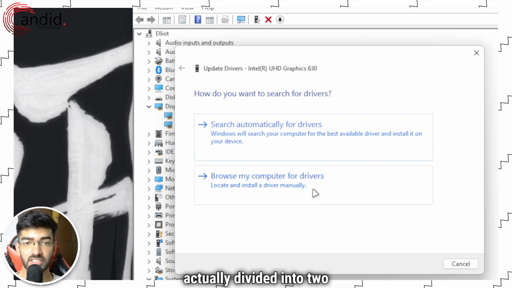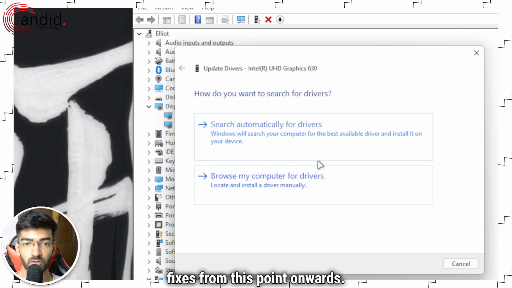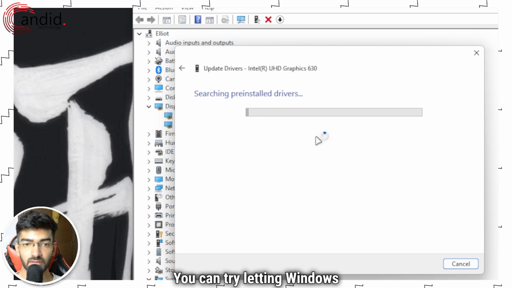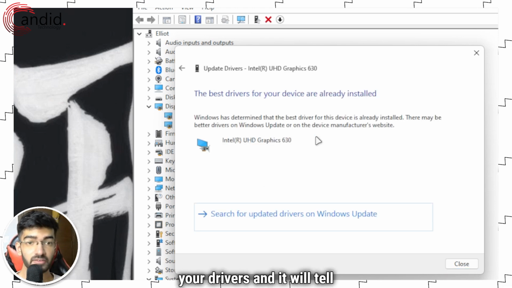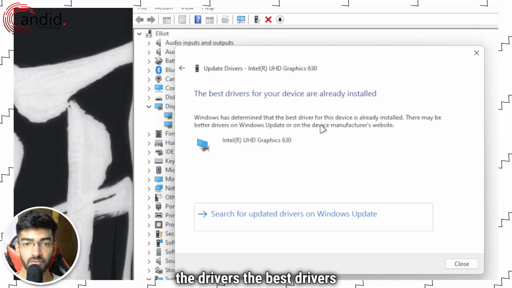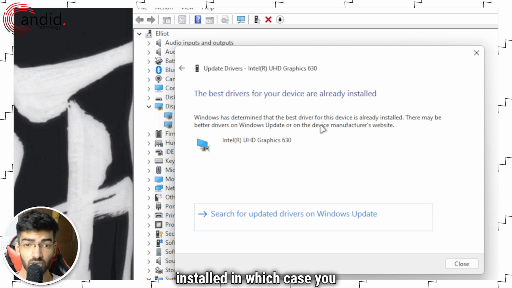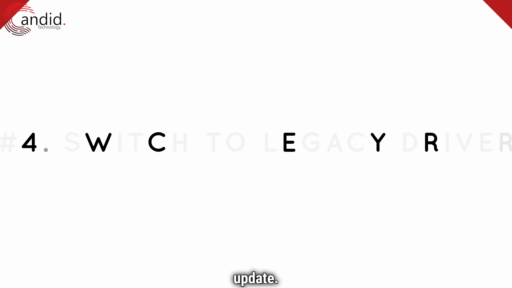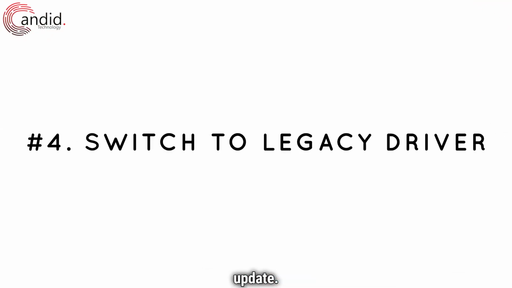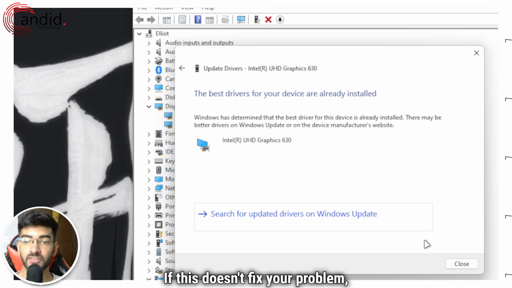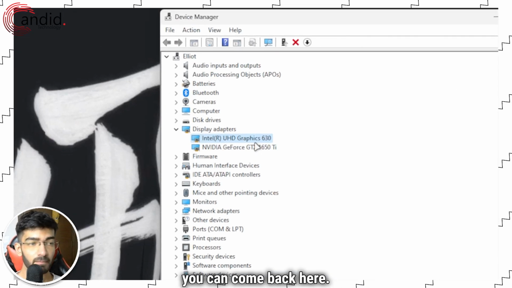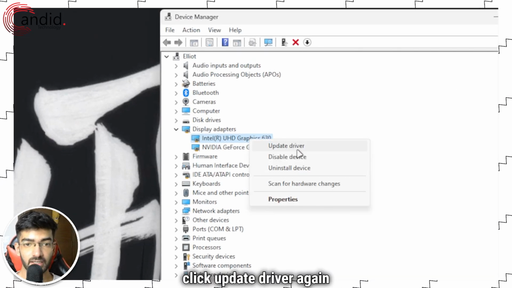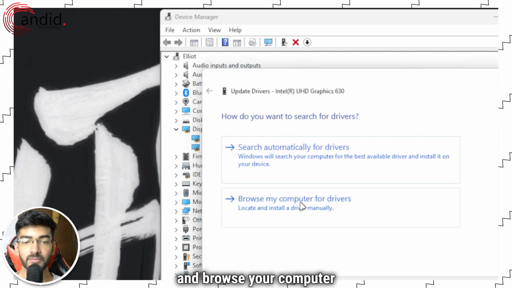So the update section is actually divided into two fixes from this point onwards. You can try letting Windows automatically search for your drivers, and it will tell you that you already have the best drivers installed, in which case you can go ahead and search for updated drivers on Windows Update. If this doesn't fix your problem, you can come back here, right click, update driver again, and browse your computer